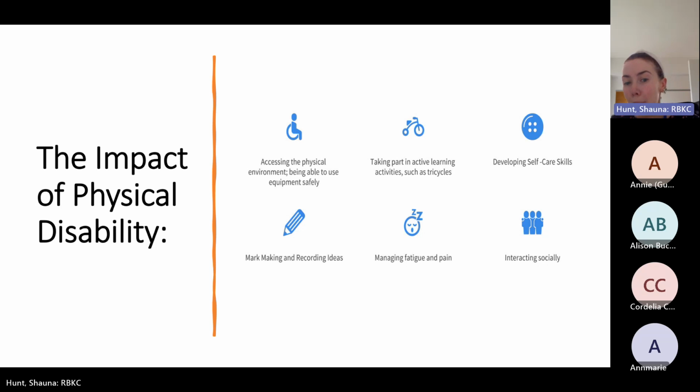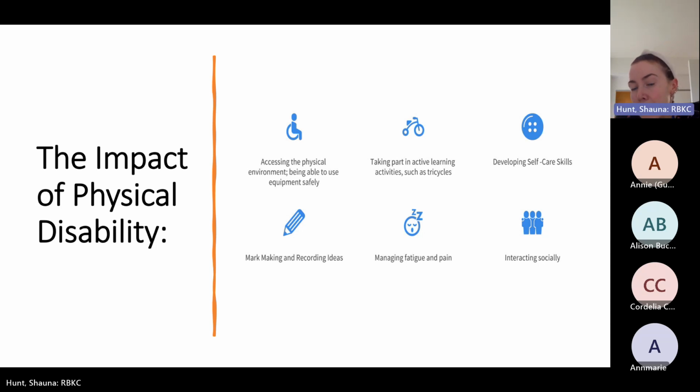Okay, thinking about mark making and recording their ideas. Some children might be physically unable to hold a pen or write, even for short periods of time. They might even complain of fatigue. And they might experience challenges with information processing. So you might have to consider using adapted writing tools, assistive technology, or speech to text software. So the child can speak, and then it comes up on the computer, so they don't actually have to type it. And if their fine motor skills are quite impaired, that might be helpful.